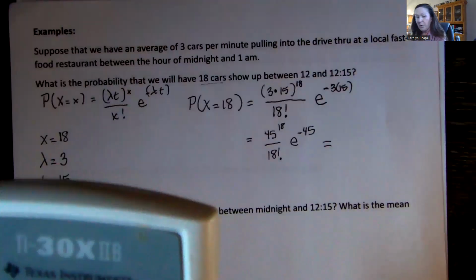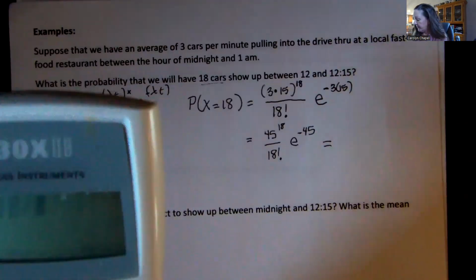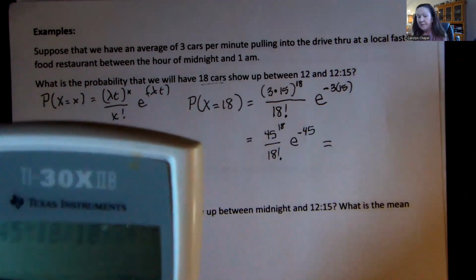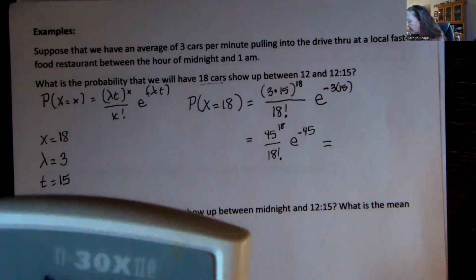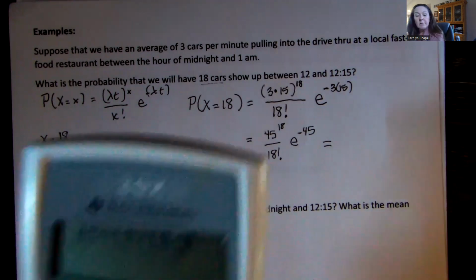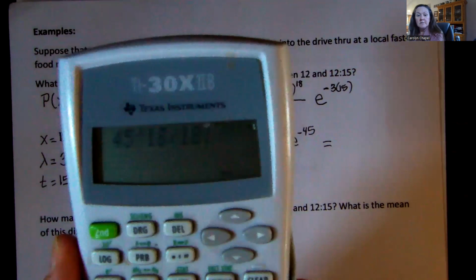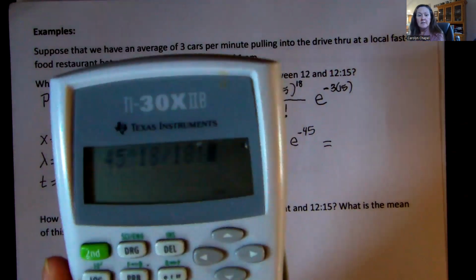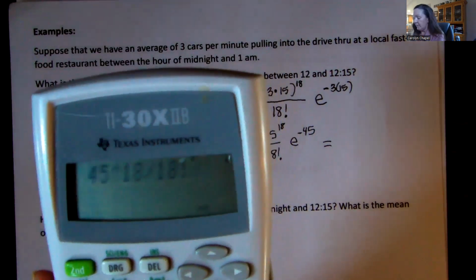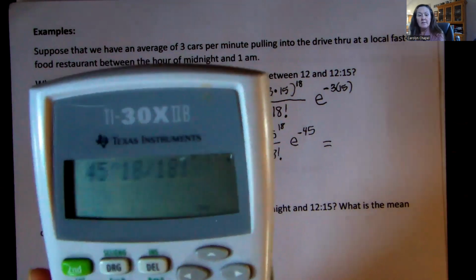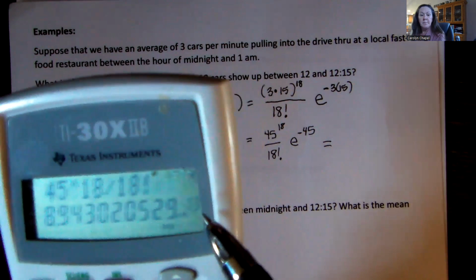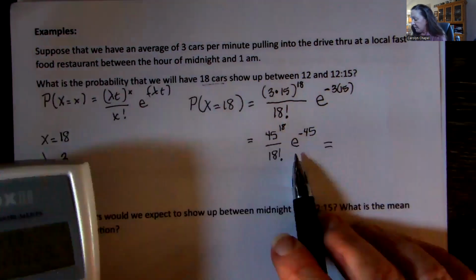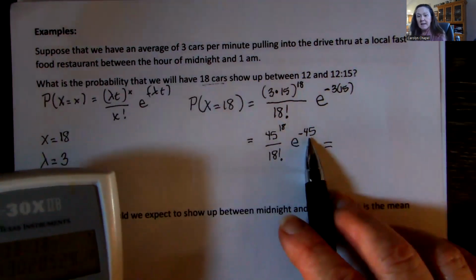So again, I have to remember where my factorial key is. That's in my PRB button over a couple. Oops. I have to go grab it. Okay, I've got that so far. I don't know if you guys can see that. There we go. There it is. Okay, I'm going to get that value because that's my ugly fraction. You'll notice it is very, very small.